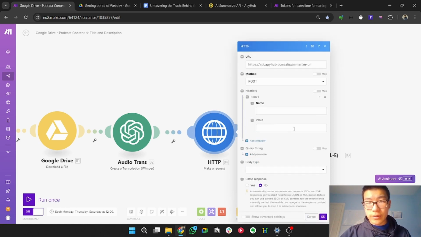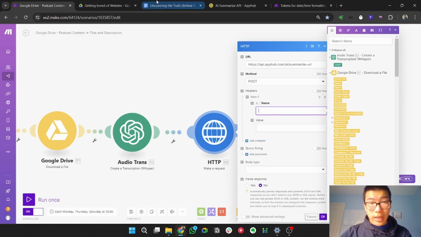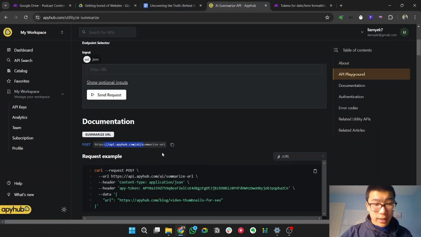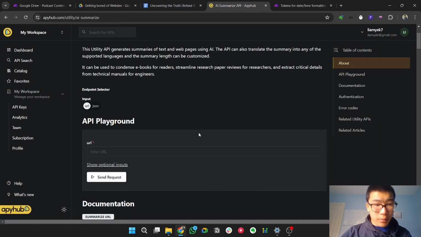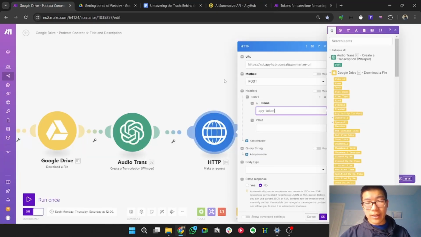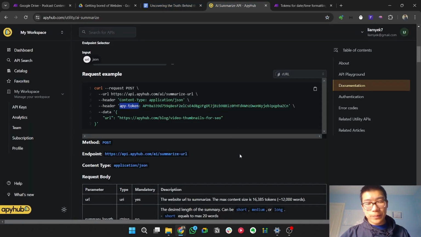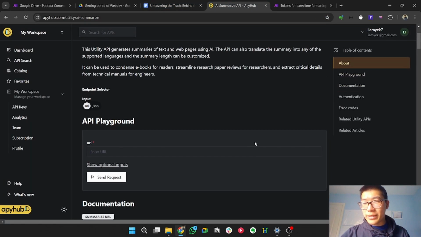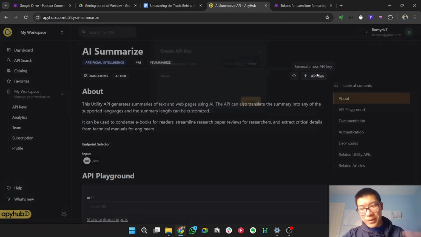You come to the headers and you come to the name, and you need to put the name as APY key, I'm pretty sure. Yes, here we go, it's APY key. This is a header, and a header is basically like a key into it, called an API key.